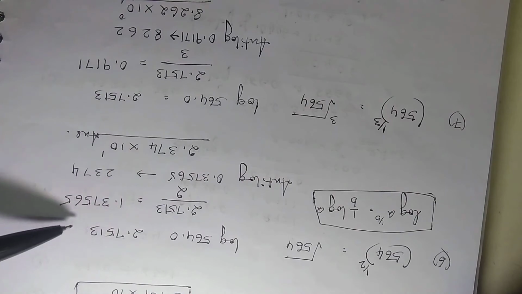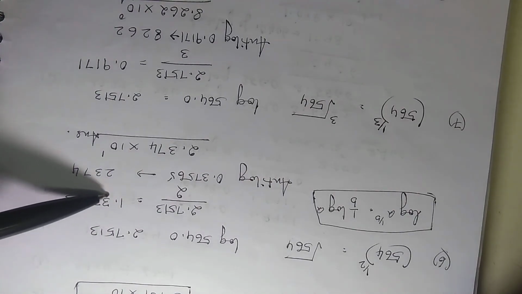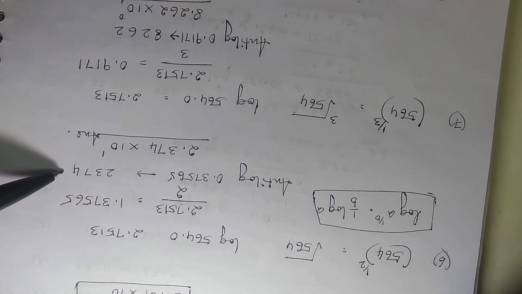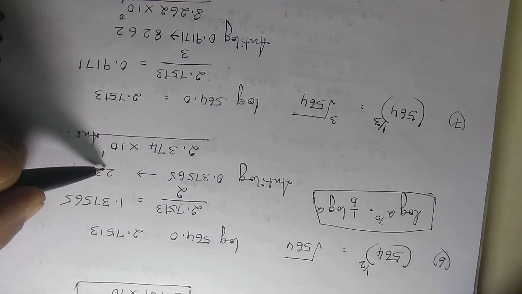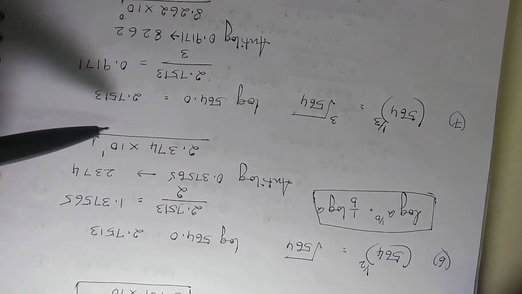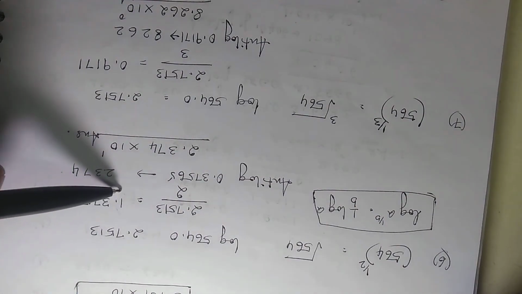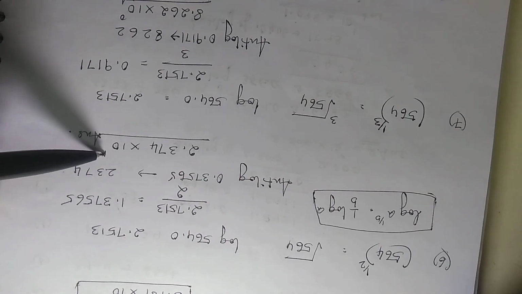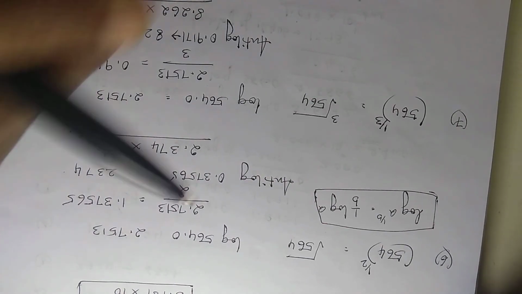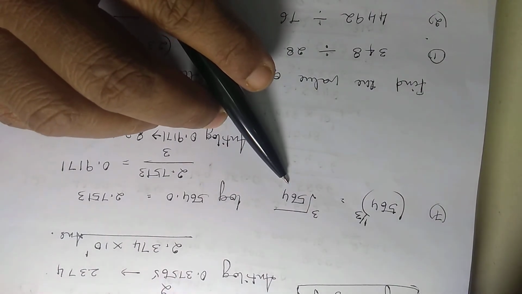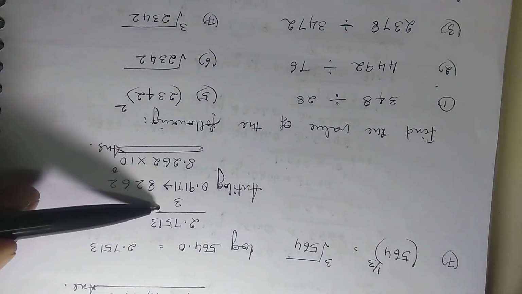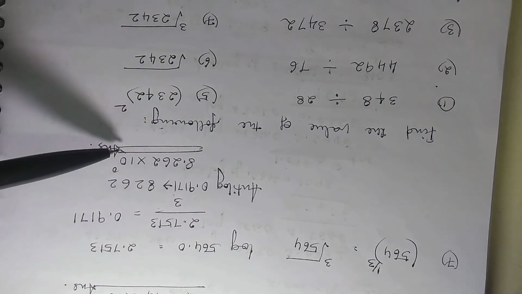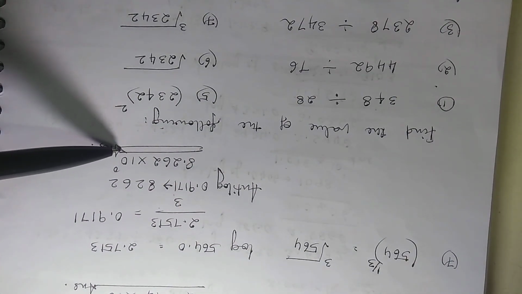Okay, so this comes to 1.3756. Same way, find the anti-log of 0.3756. That is coming out to be 2374. So put the decimal after 2. So 2.374 into 10 to the power 1. Is it not? The number before the decimal, put it in the power of 10. So this is your answer. Same way you can find out cube root also. Only thing is you have to divide the log value by 3. Same way find out the anti-log and then find out the answer. Right?